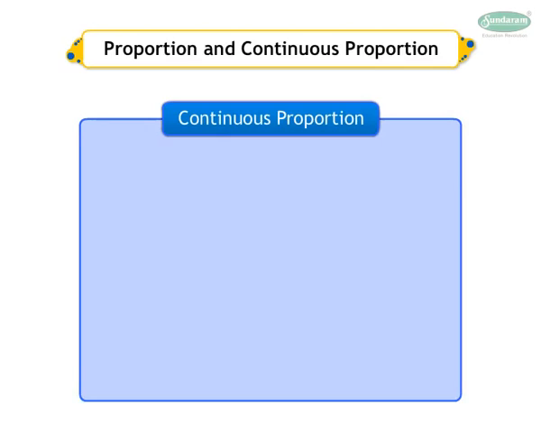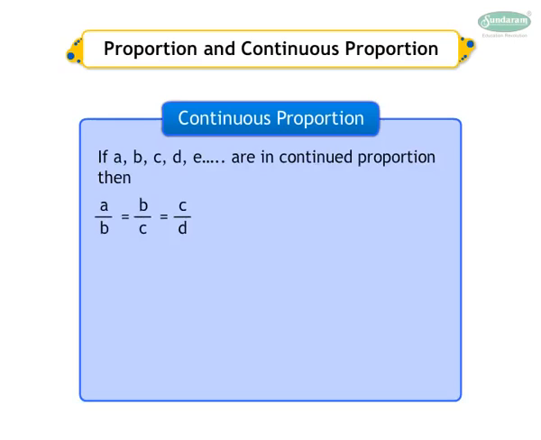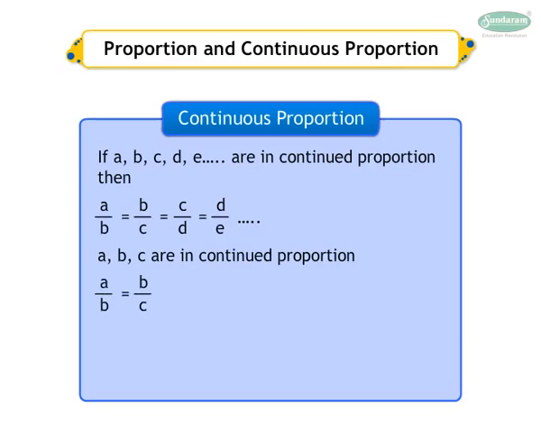Continuous proportion. If A, B, C, D, E and so on are said to be in continued proportion, then A upon B is equal to B upon C is equal to C upon D is equal to D upon E and so on. Let us take A, B, C in continued proportion, then A upon B is equal to B